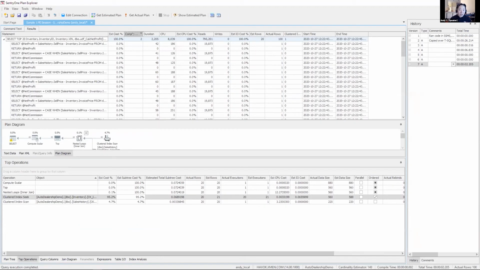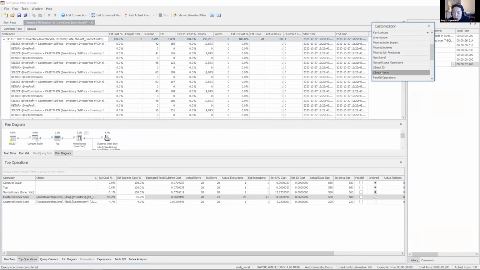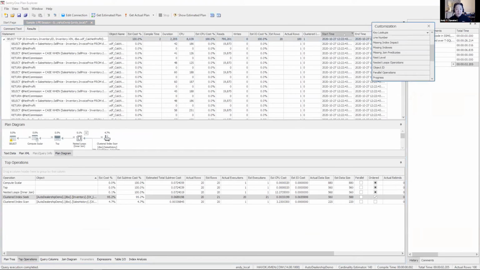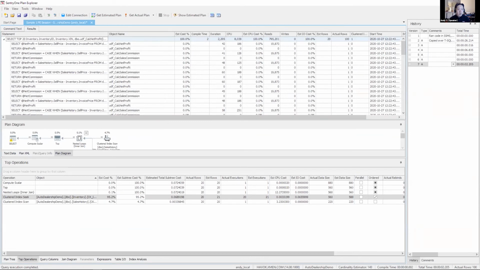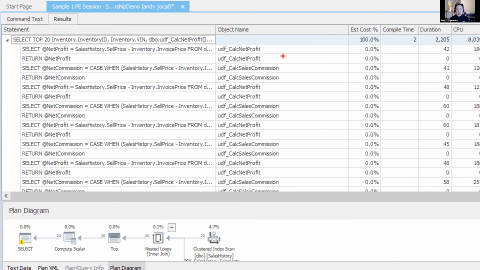Additionally, I can also add in this optional column. So I'm going to go up to column chooser, and let's see, I want to grab object name. So object name will now tell me the parent of where a given statement originated. So now I can clearly see that we're executing calc net profit, calc sales commission, and then we're repeating ourselves